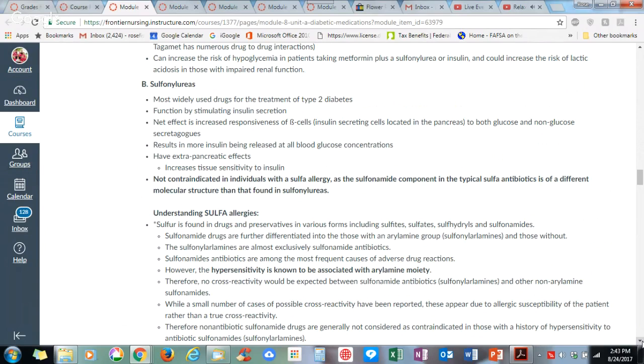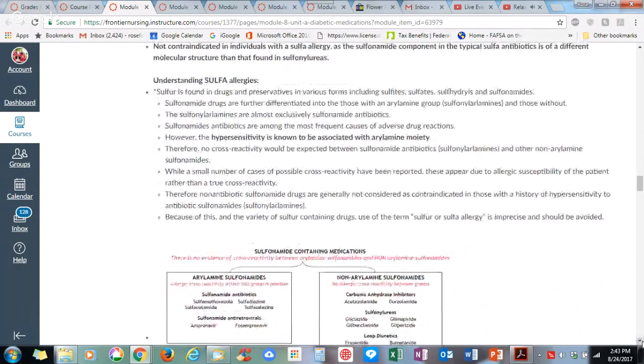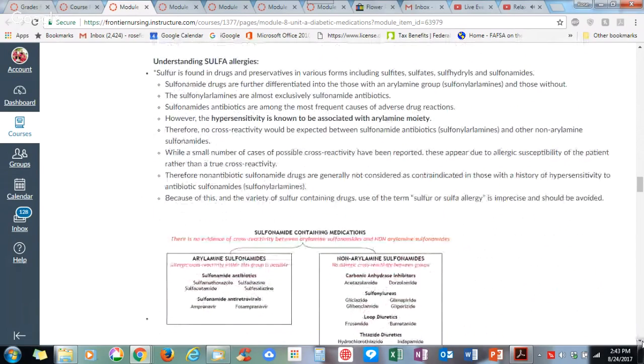Not contraindicated in individuals with a sulfa allergy, as the sulfonamide component in the typical sulfa antibiotic is of a different molecular structure than that found in sulfonylureas. Understanding sulfa allergies. Sulfur is found in drugs and preservatives in various forms, including sulfites, sulfates, sulfhydryls, and sulfonamides. Sulfonamide drugs are further differentiated into those with arylamine groups,